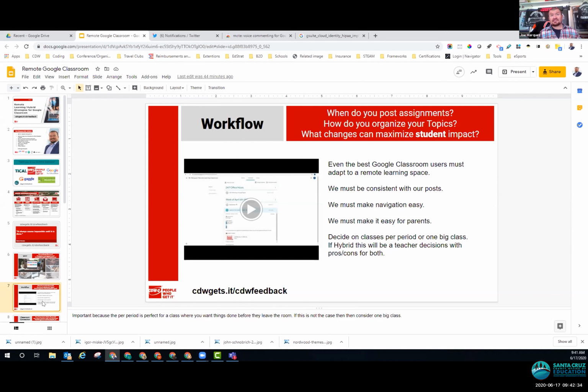As a science teacher, I used to post, okay, here's a topic for our daily question. Here's a topic for our labs. Here's a topic for our handouts. I had lots of different sections, and I was able to point them out to my students. Make sure you do this, make sure you do that, make sure you do this one. And it was all over the place. But I knew if my students were confused, they could ask me. Now that's not necessarily the case. So we need to approach posting in a different manner.